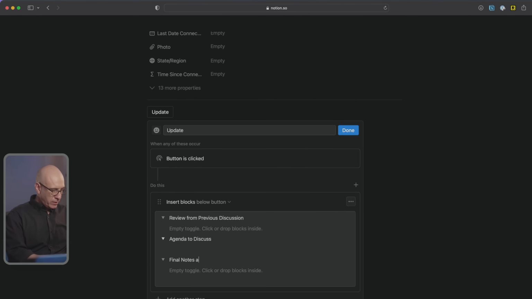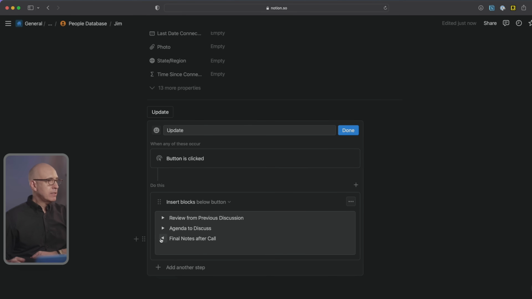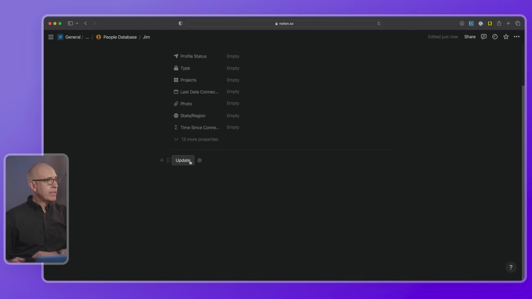Final notes after call. And we can set a little bullet point for each of these because it prompts us to do them in bullet points. We'll close these. And now we have this. So we had done. Now when we hit update, it's going to give us the three things to do throughout